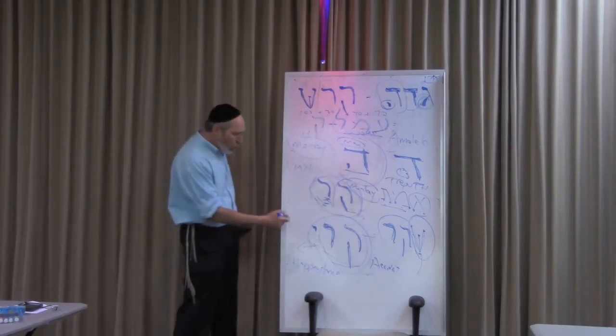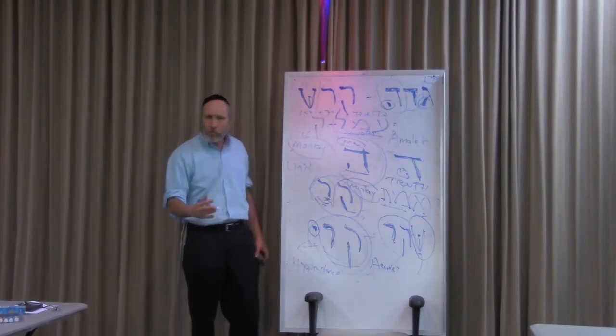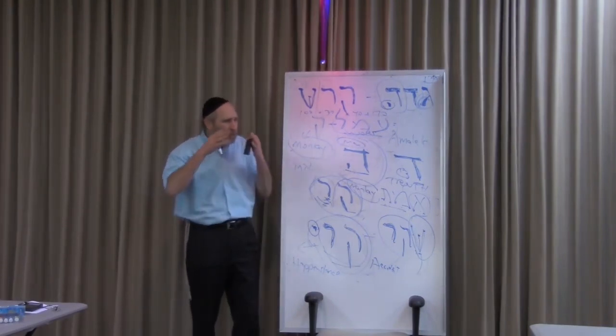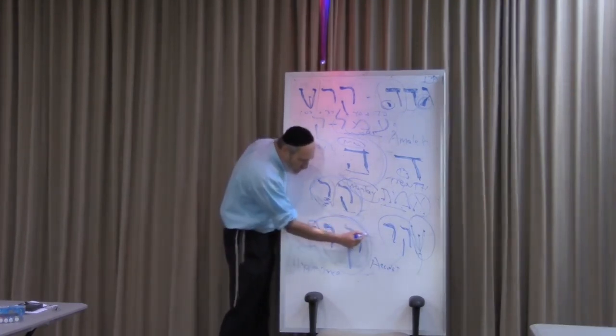But if you take the yud in the Kerry, in the nocturnal dream, in the emission that's not directed towards something, and you put the yud in the front, it spells the word yakar.